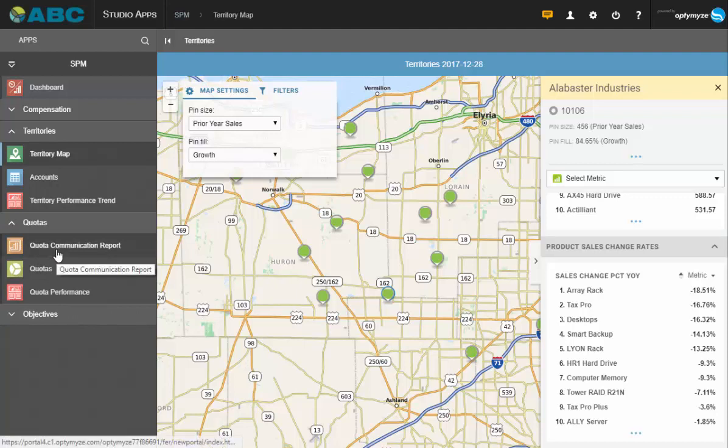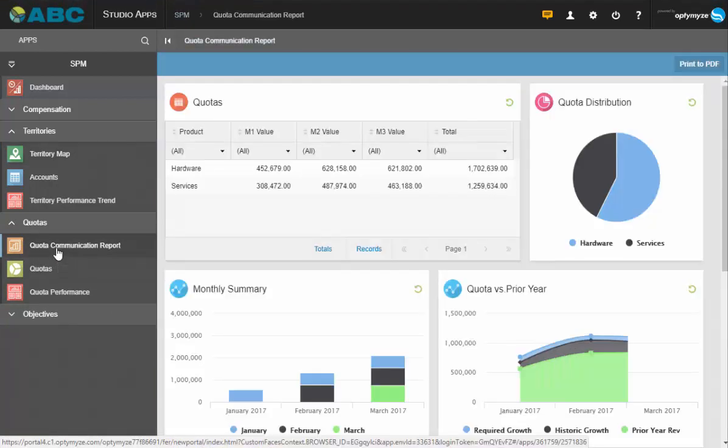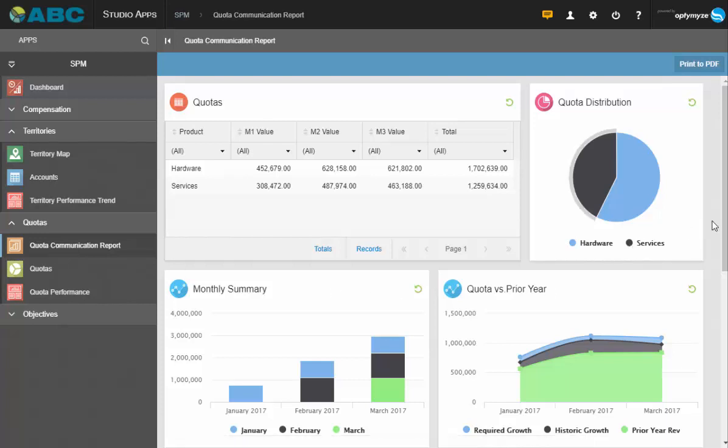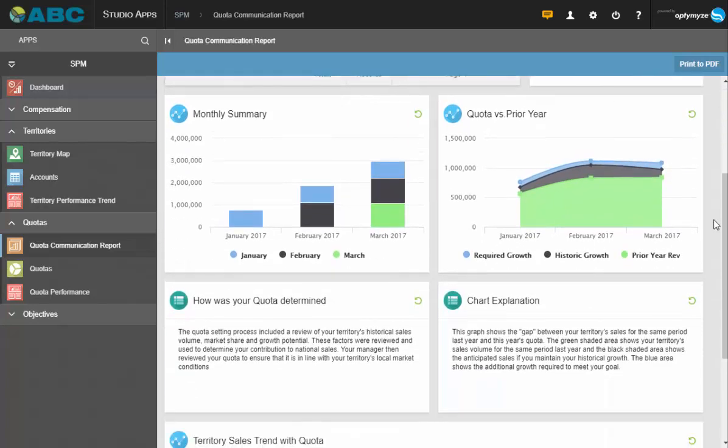Similarly, with the quota side, the number one thing for a sales rep with quota is how they're performing against quota, of course. That's a compensation issue. Like, what am I at against my target? But from a quota setting and buy-in standpoint, it's how are my quotas set? What are my quotas? How do I know they're fair or, as fair as they can be? Well, our best practice there and our standard report includes things like area graphs that break the quota down into